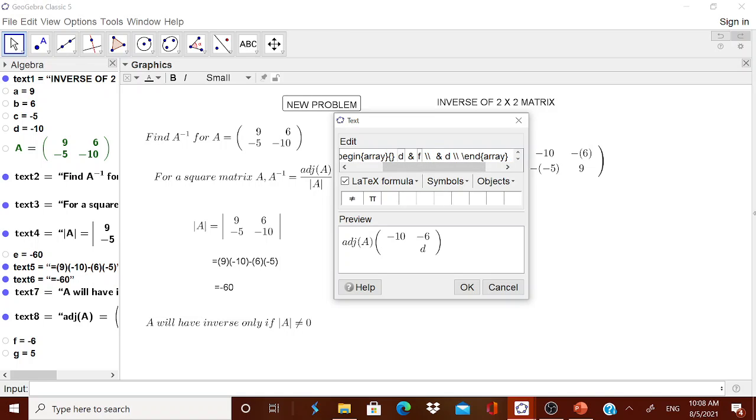Therefore, in place of C, you can have G. Therefore, you can put G. Now, this will always help the children to avoid confusion. Therefore, here you should get A. Therefore, A. You should be very careful about what should come there. In a 2 cross 2, it will be very easy.